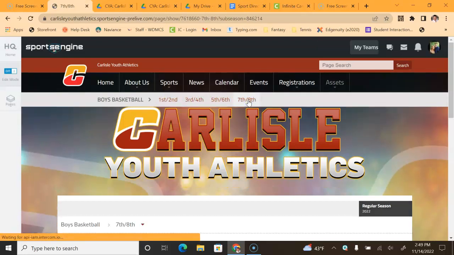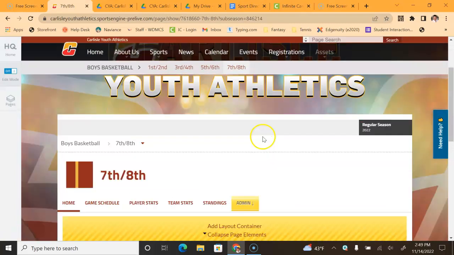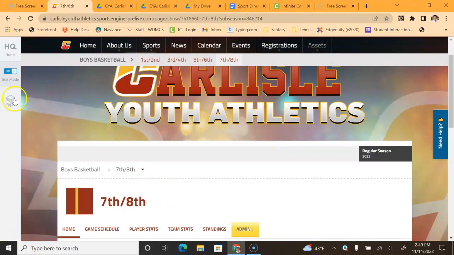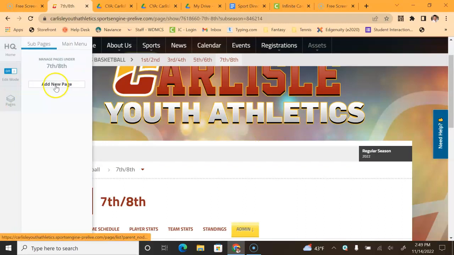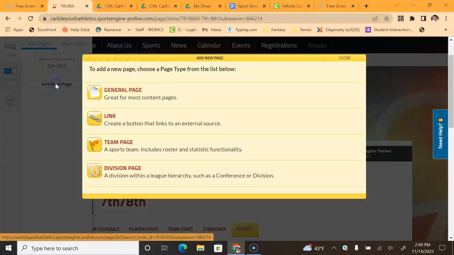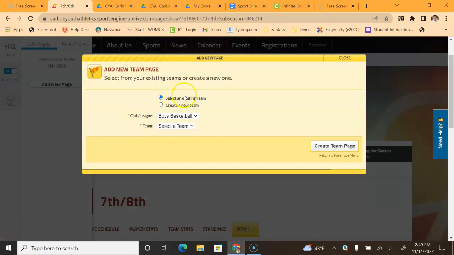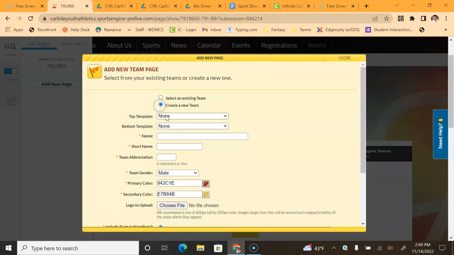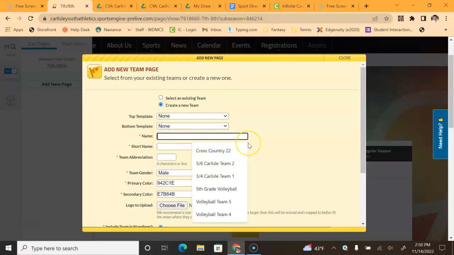So then if I want to create teams in that division, I click on it. So now I'm in the actual 7th and 8th grade division page. Click on pages again, and I'm going to need to add a new page. Okay, this time I'm adding the individual teams for the 7th and 8th grade division. So select existing team, no, I'm going to create a new team. And this is going to be boys basketball